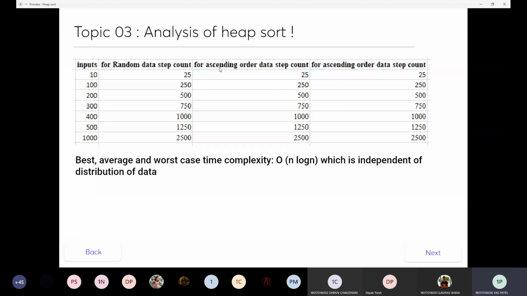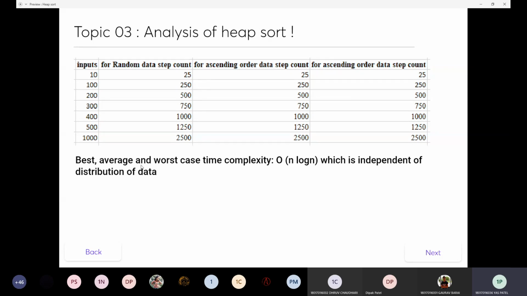If I arrange them in ascending order, the step count is also 25. Sorry, by mistake I put ascending, but it's descending, so it's also 25. I have also taken 100 elements, and for random data it's around 250, for ascending order 250, and descending order 250.